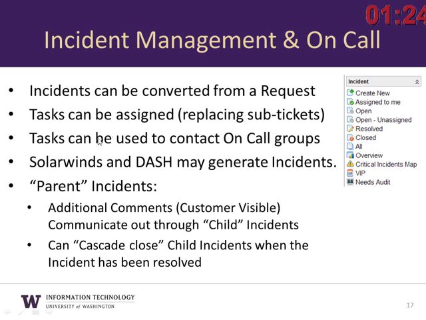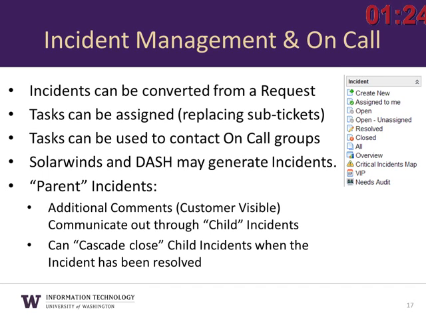And I want to point out, we're not going to talk a lot about full incident working because a lot of it's similar. We're going to talk about 2 key differences, though, is that an incident task can be used to contact on-call groups. How many people get paged in the middle of the night sometimes? There's always someone. Yeah, this is important to you, of course. So we're going to talk a little bit about how to activate on-call and how to shut it off.